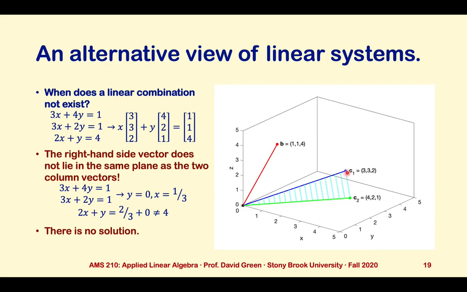Well, what does it mean to take linear combinations of C1 and C2? We can shrink C1, we can make it longer, we can extend it along the other direction, but we can't make it move off of this line. Scalar multiples of C1 have to stay on this line. Scalar multiples of C2 have to stay on this line. If we start now combining those scalar multiples to make parallelograms, to have a possible sum, all of those combinations have to lie on the same